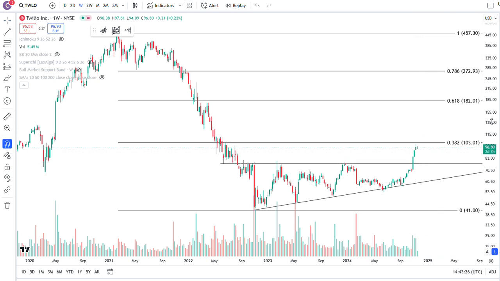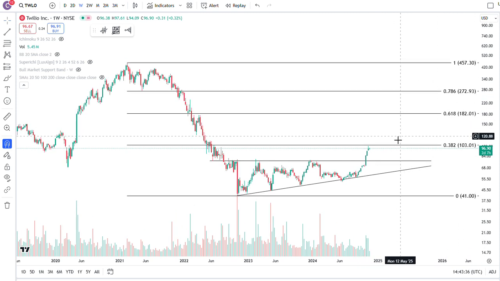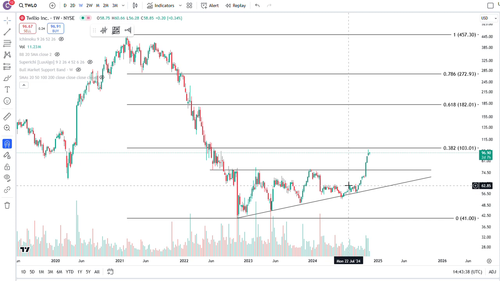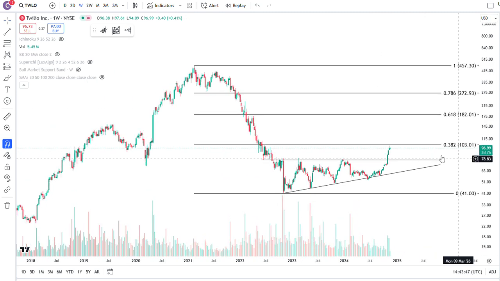We're hitting resistance though. If we're able to push through the resistance this time, which again, I'm not sure we have the volume to do, then you're talking about 0.618, which is $182. I would probably not buy this breakout here. I would buy the backtest. If it doesn't give me a chance to buy a backtest, then I'll just let it go. That's kind of how I usually would handle these sorts of scenarios.